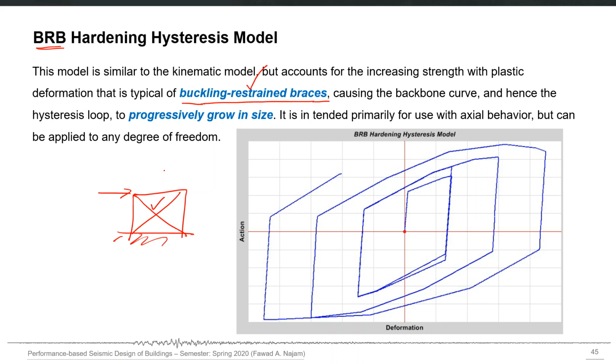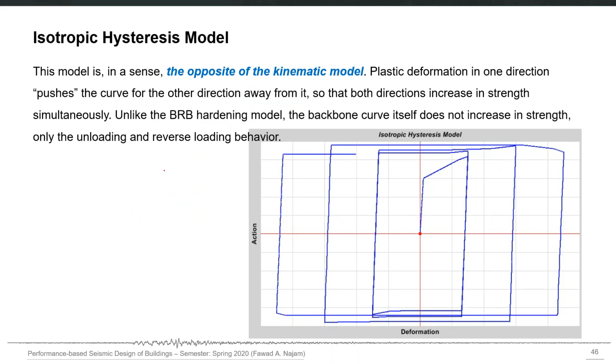So this is a special behavior. And then the opposite of that behavior is the kinematic model, in which the backbone curve itself doesn't increase in strength, unlike the BRB model. Only the unloading and reverse loading increase. So this is the opposite of the BRB model.